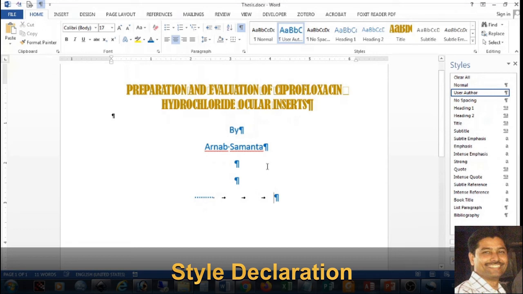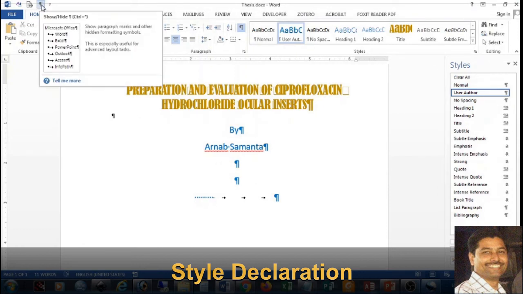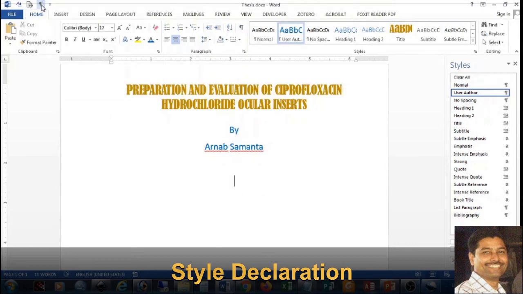So these are called non-printable characters. Whenever you are arranging some document, there are some spaces, some tabs, some paragraphs. To see where you have given paragraph, where you have given the spaces, you have to put this one on. Then you can see it, but it will not be printed. So now I am switching it off. Now it is clean. Now again I am putting it on. You can see the paragraph sign, etc. So I can delete these unnecessary things which I have done. I can remove this one.